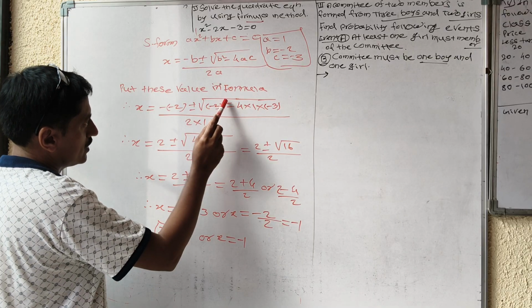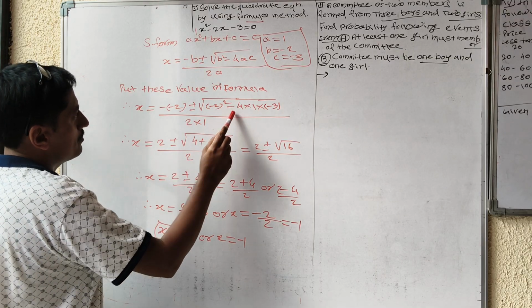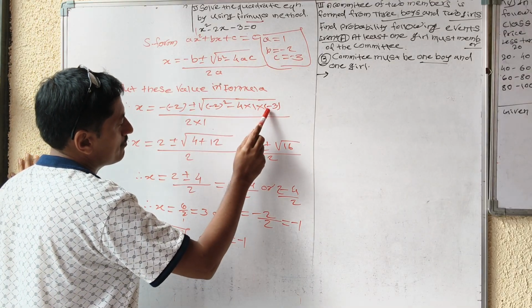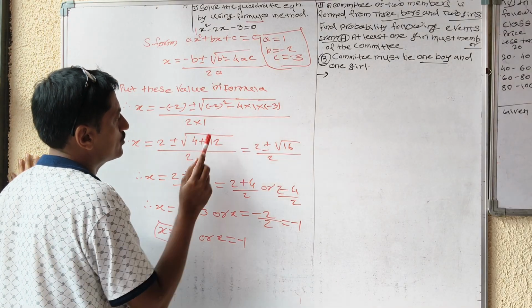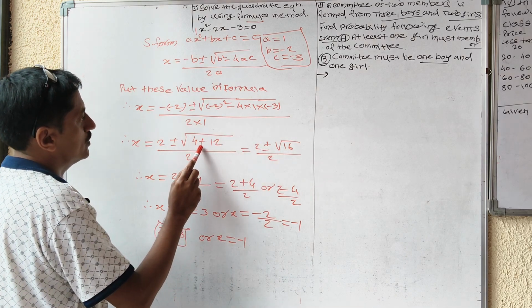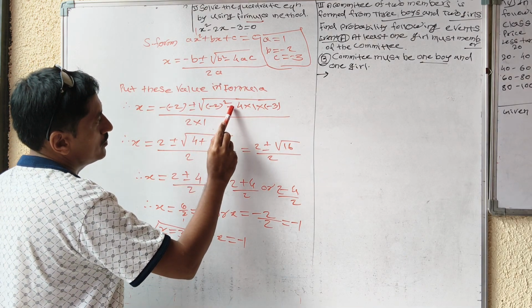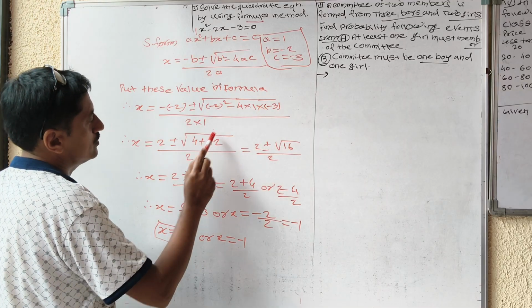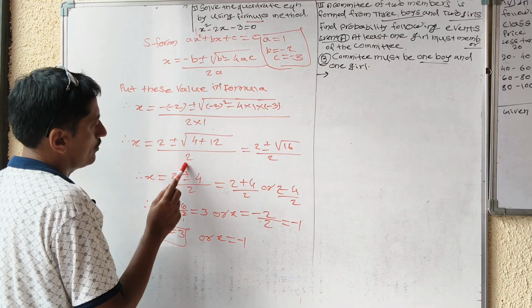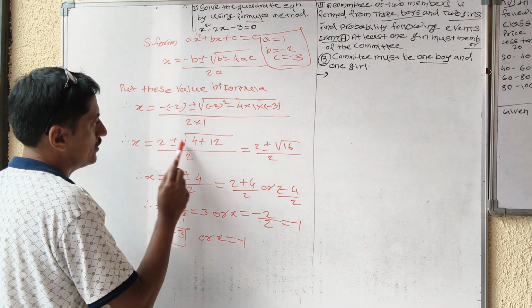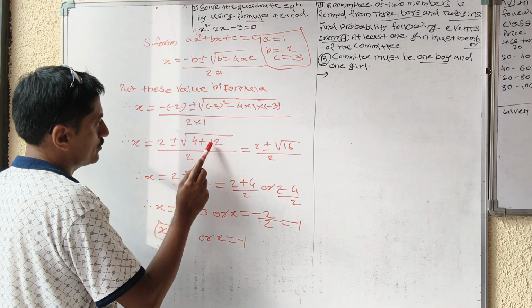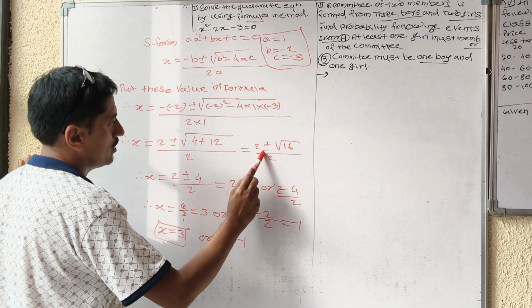कोणत्याही ऋण संख्येचा वर्ग हा धन असतो, 2 चा वर्ग 4. इथं पहा 3 संख्येचा गुणाकार आहे, परंतु 2 संख्या मायनस आहेत म्हणून मायनस इंटू मायनस प्लस होतं. आणि 4 इंटू 1 4, 4 3 12 प्लस. इथं विद्यार्थ्यांनी साईन लक्षात घ्यावं, मायनस इंटू मायनस प्लस होतं मल्टिप्लिकेशन मध्ये. 2 into 1 is 2 in the denominator, equal to 2 as it is, plus minus root 4 plus 12, 16, root upon